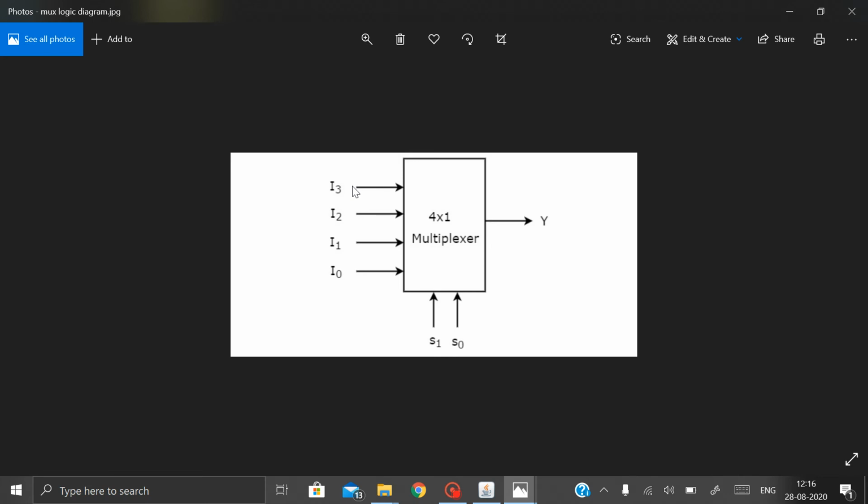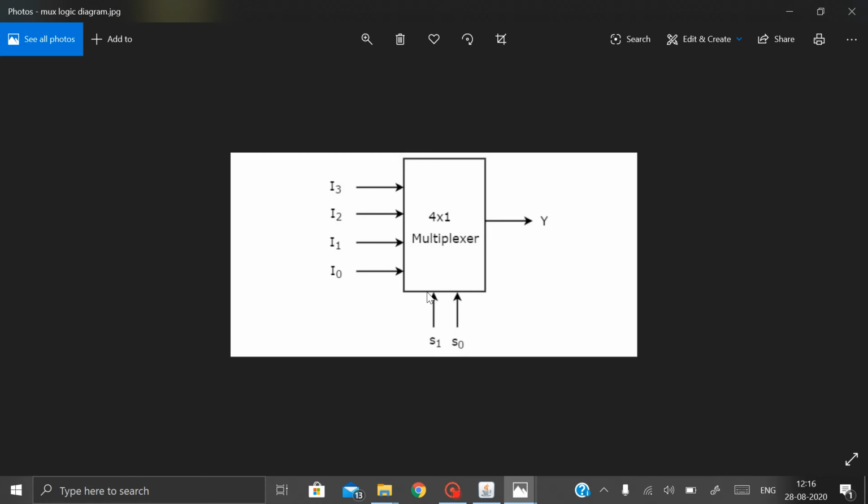Here there are four inputs. Then the selection lines n must satisfy 2 power n equal to the number of inputs. Let us assume 2 power n equals 4, then n equals 2. So in the same way, if there are 2 power n inputs, then there will be n selection lines, and there will be one output. As I told, a multiplexer is a combinational circuit which has many data inputs and a single output depending on control or select inputs. It is also called a data selector, parallel to serial converter, many to one circuit, universal logic circuit.